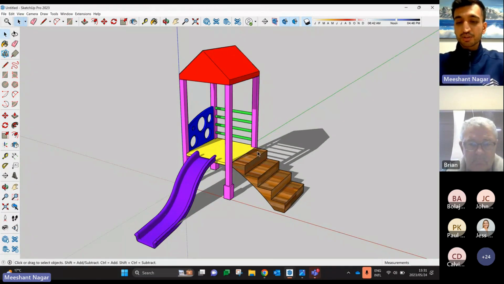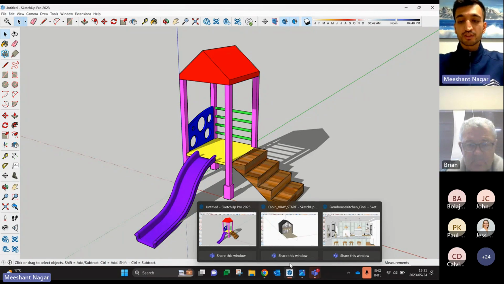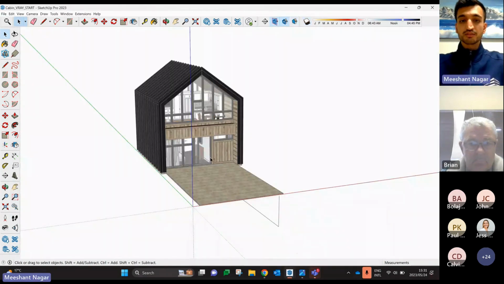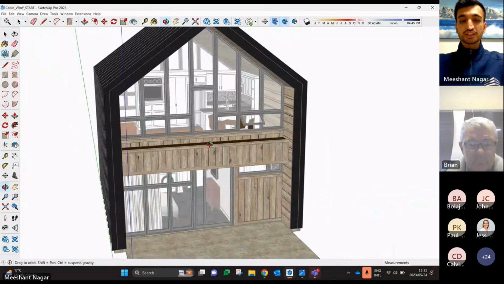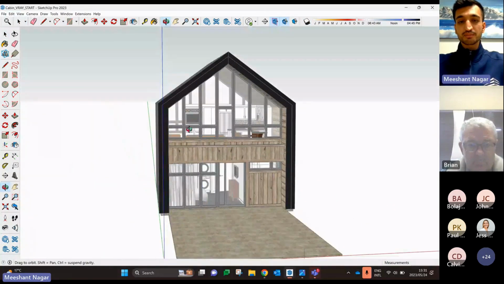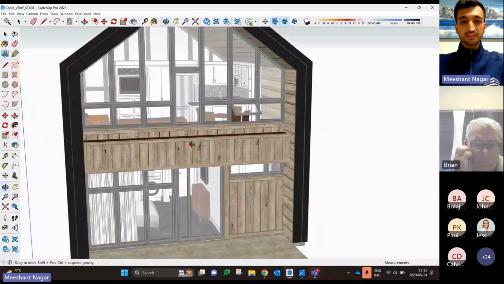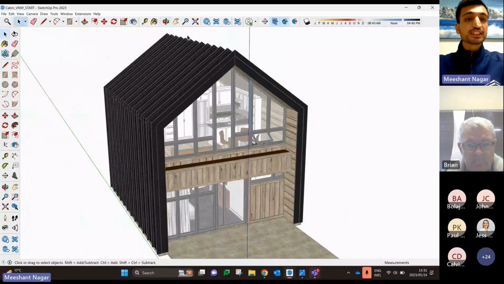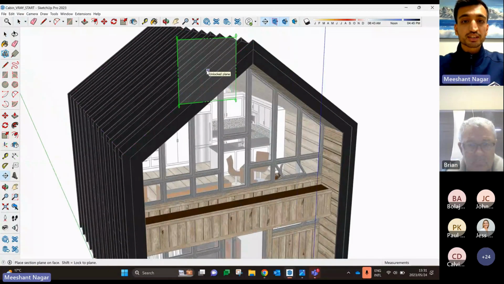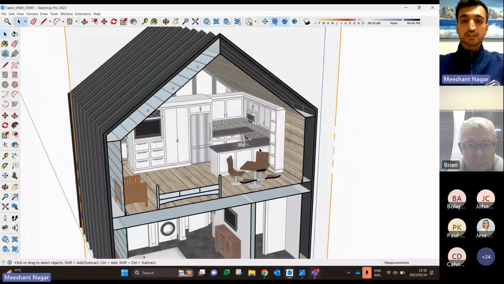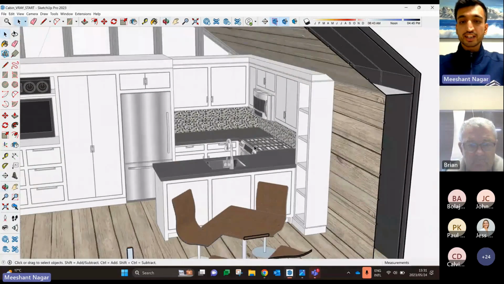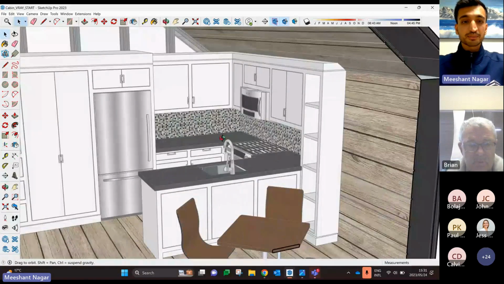But the next thing I want to showcase is maybe something more detailed. I know this is a fundamental video, but to show you the capabilities of SketchUp, I'm going to move over to a bigger model. So as you see, this is a little house that was done in SketchUp. Everything in here was modeled in SketchUp. I'm just going to create a section view over here where we can look inside the model. There we go. As you can see, everything in here has been modeled in SketchUp, from the cabinets to the